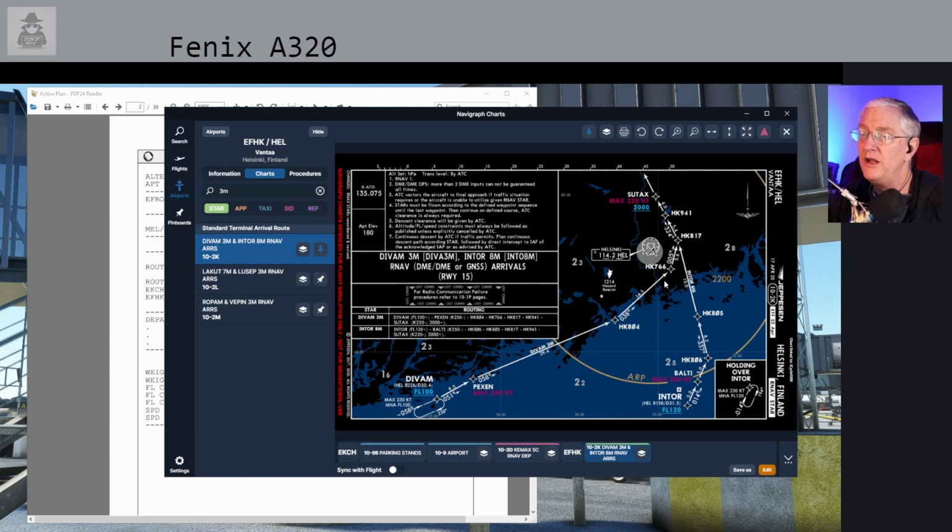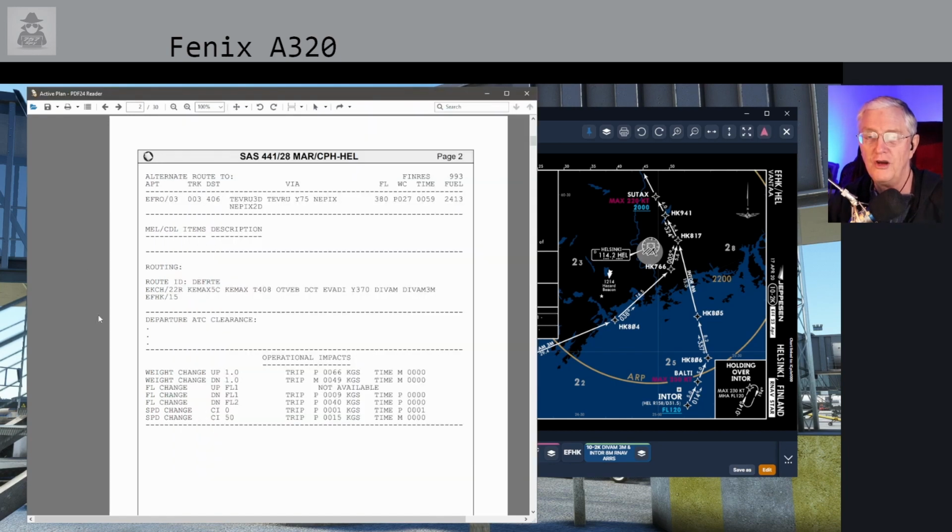We're going to continue on here, and we loop-de-loop up here, and then up at this area we continue on north of the airport, have to be above 2,000 feet and 220 knots, and this is going to be one of those vectored arrivals. So there's Diva 3 Mike, we've already got that set. Our approach, SimBrief has